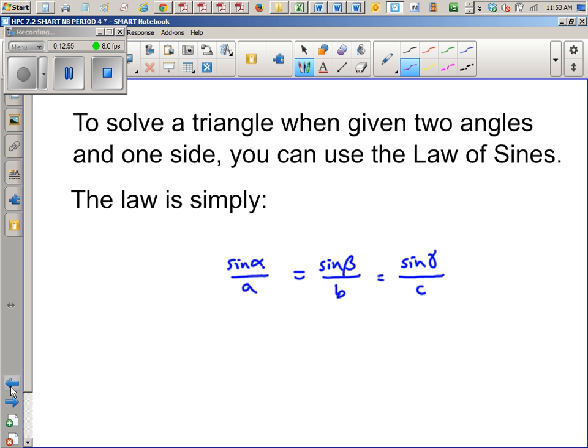Can it solve right triangles? But can it solve any triangle? The answer is no, not efficiently anyway, because there could be two answers for one angle. There are a lot of things about the law of sines we have to be careful about, but know that it's a very powerful tool and it's most effective when you're given